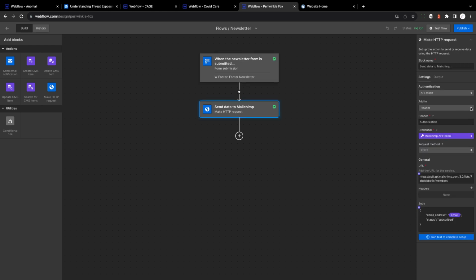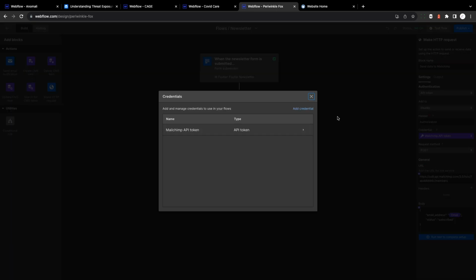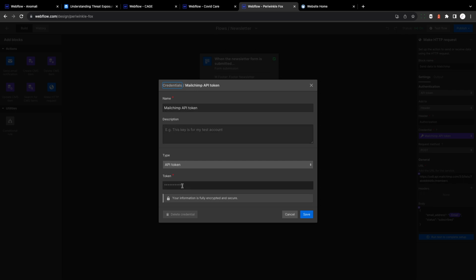The next step is that you have to get an API token from Mailchimp. Just follow these steps: select API token, header, put authorization inside the header, and from the credentials, just click on create new. If I show you how it looks, this is how it looks. Add credential, and from here just put the API token